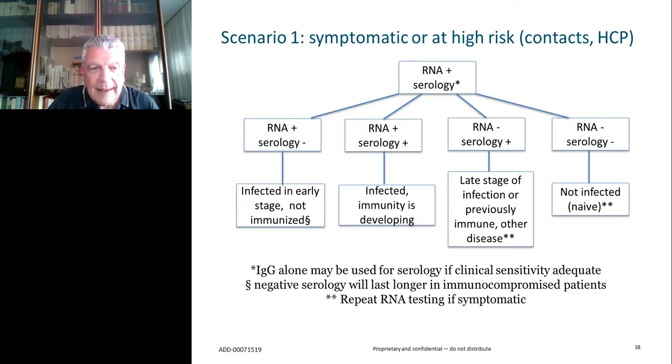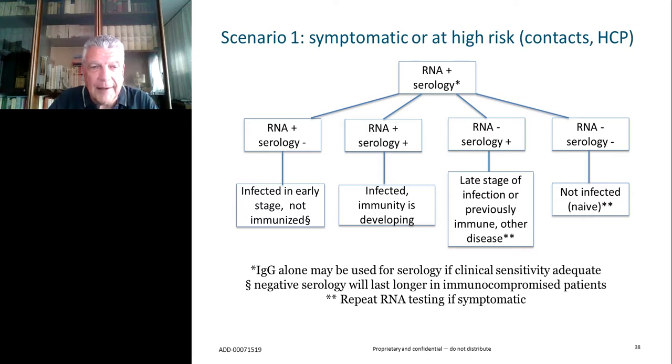Then, as a last part, I would like to present you some scenarios that may occur. If we assume that in cases with symptoms or at high risk, we are testing for RNA plus serology according to the different environments, according to the different rules, you may have this combination of results. And quite obviously, if you just have a positive for RNA, this is an early stage of infection,